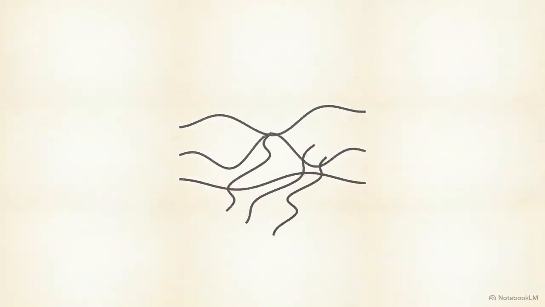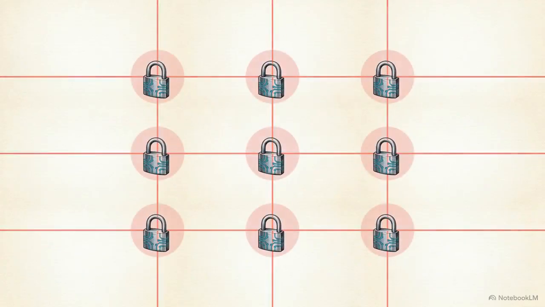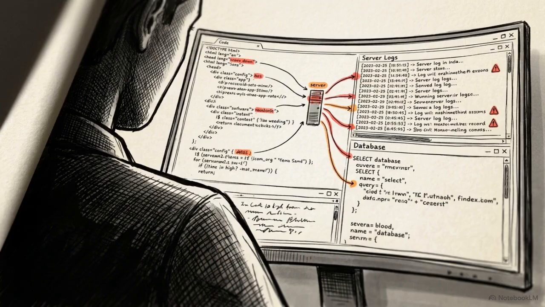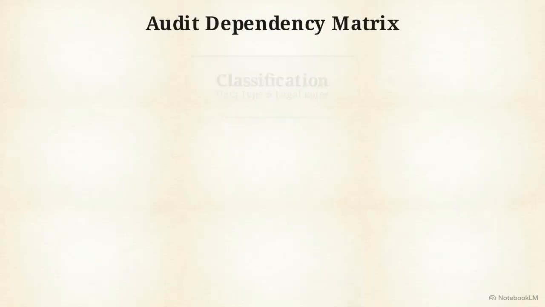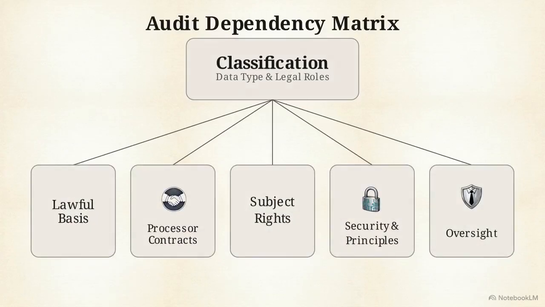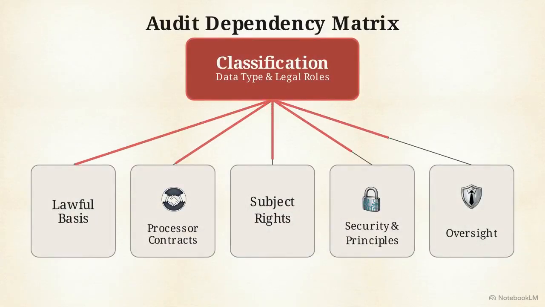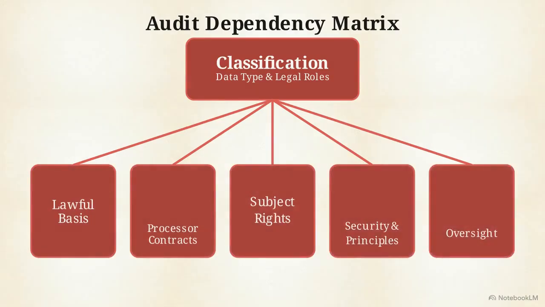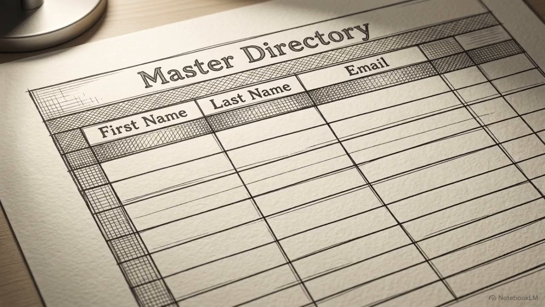A rigorous GDPR audit translates these theoretical, principle-based legal requirements into a strict, testable framework of technical controls. To build a defensible audit, we have to discard management assumptions entirely and begin our assessment from a baseline of raw, primary data. We can map this process using an audit dependency matrix. Compliance operates as a rigid sequence. If an organization fails at the foundation, that error corrupts the entire downstream structure. That foundation starts with the true scope of personal data.